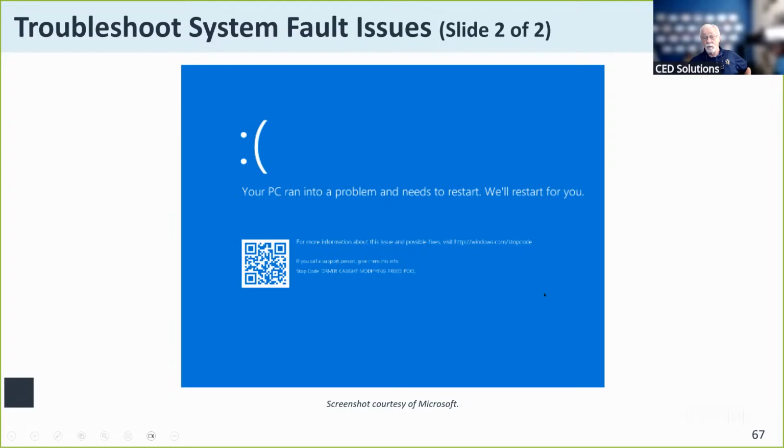Now, one cool thing here is these QR codes that they're beginning to use in many cases on these screens, not just blue screen of death, but other error screens as well. You take your mobile phone, scan that code, and it immediately gives you a link to a website. Here, Microsoft support gives you a link that passes along the error information included in that quick response code, and directs you straight to the documentation that may help you solve that problem.